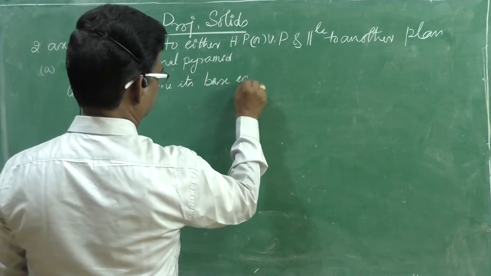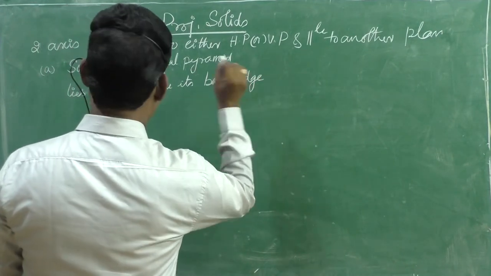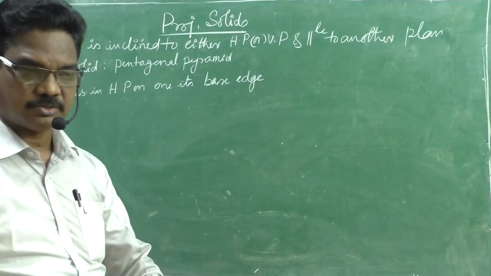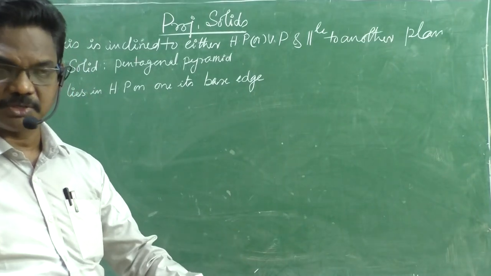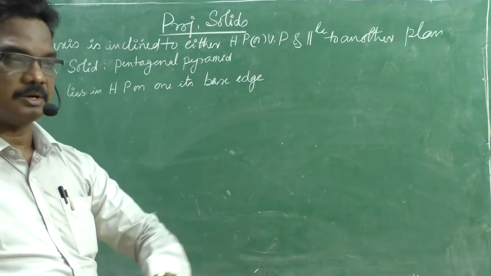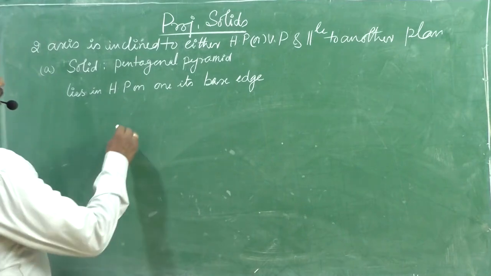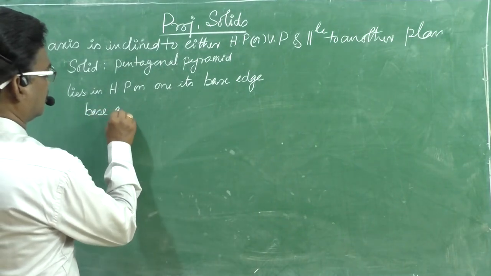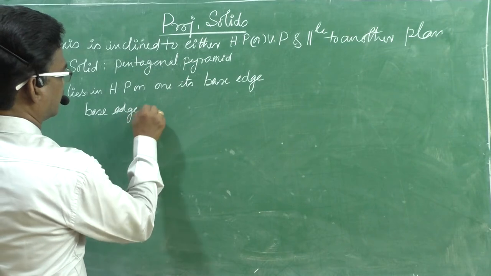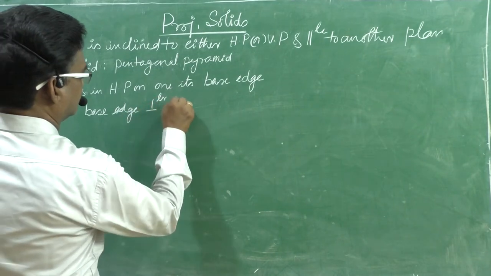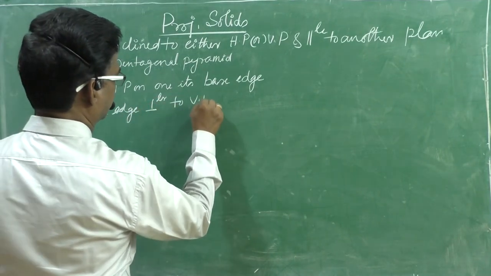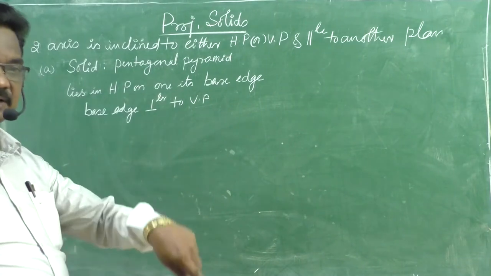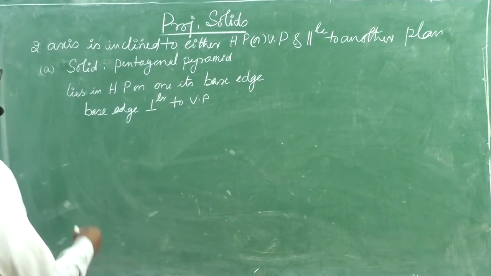Right? This is the second one. The third one, the base edge which lies in the HP is perpendicular to VP. Okay, next one, the axis of the pentagon